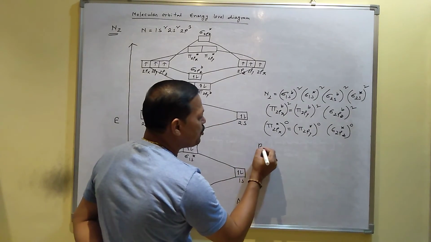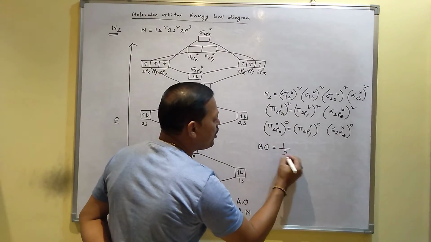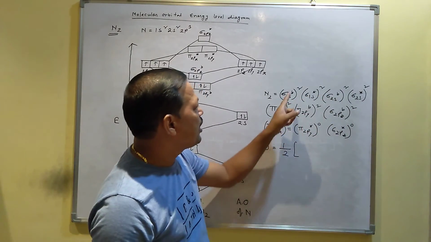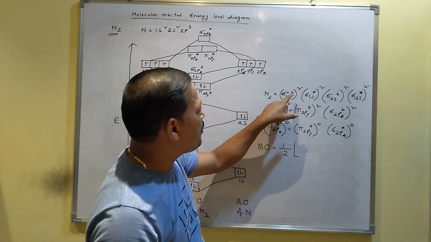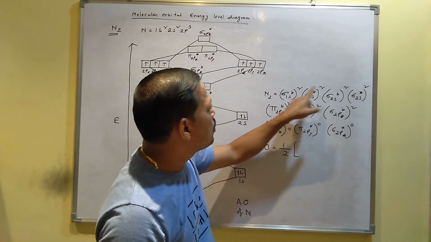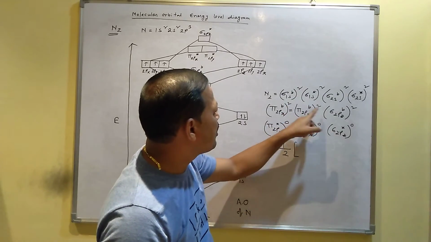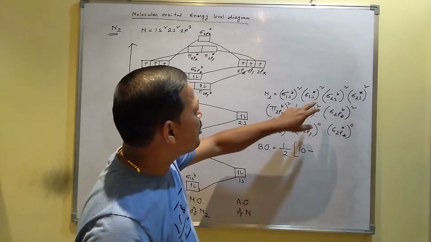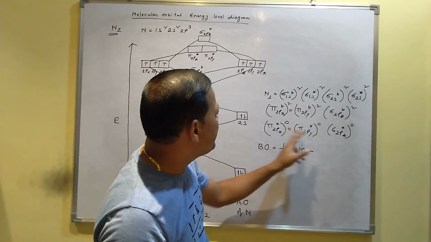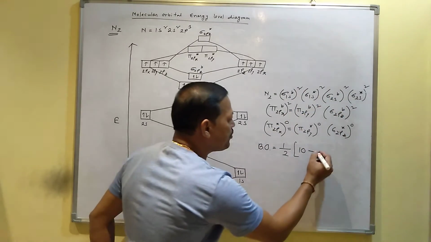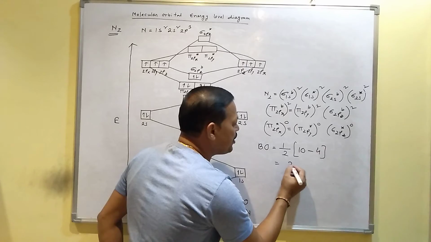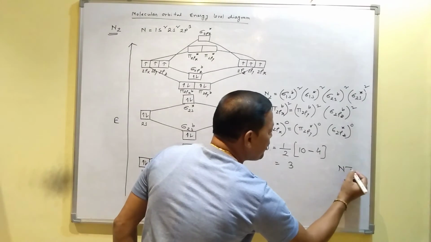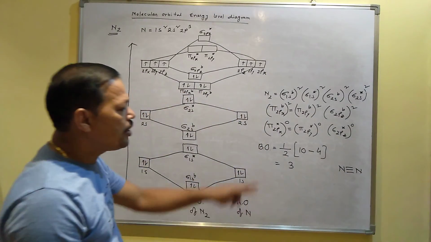Now if you want to find the bond order for this molecule, as you know the formula, half of the bonding electrons minus anti-bonding electrons. These stars are anti-bonding and the ones without are bonding. So see the bonding molecular orbitals: 2, 2, 4, 6, 8, 10. 10 electrons are present in bonding, minus anti-bonding electrons, how much? Here 2, here 2, and these other anti-bonding orbitals are vacant. So 2 plus 2, 4 electrons. Half of 10 minus 4, I mean half of 6, you will get 3. So in the nitrogen molecule the bond order is 3. That means nitrogen contains 3 bonds, I mean a triple bond. That's why you have got bond order 3.